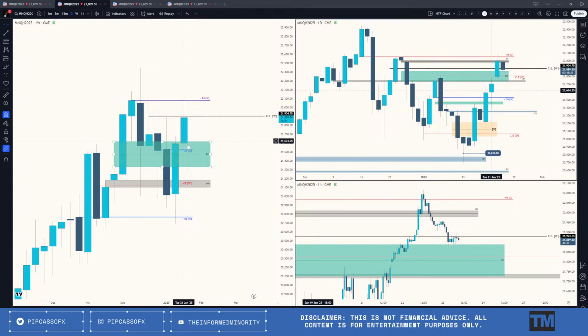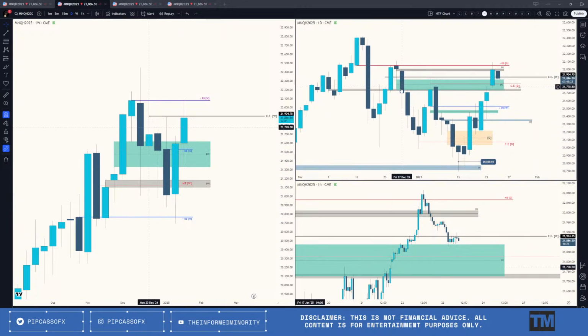So yesterday we traded off the top of this weekly imbalance, also this daily imbalance. I thought that we could potentially look to see if we can trade up above this high and ultimately look above here. As we look on the daily chart, again, we're at the top end of this daily inverse fair value gap. And if we're bullish, we'd expect this upper portion to hold price and to go higher and ultimately attack here. Now, we did have SMT on the daily time frame where S&P was able to take this out. This is a little bit of what I wanted to see.